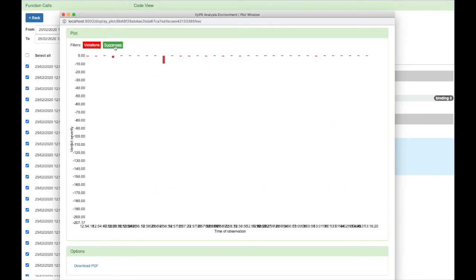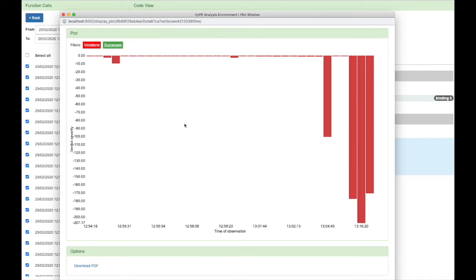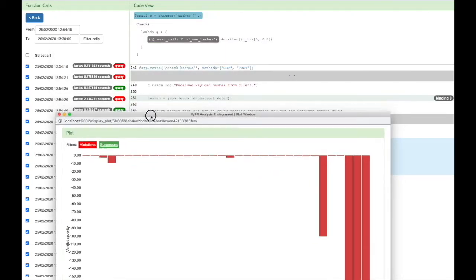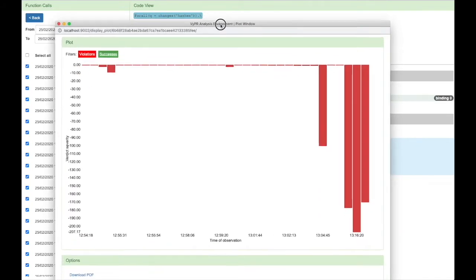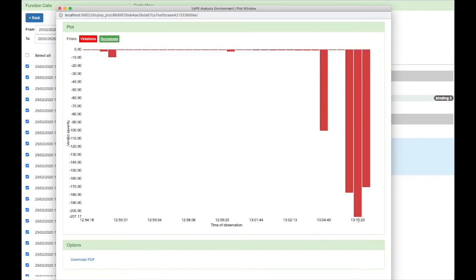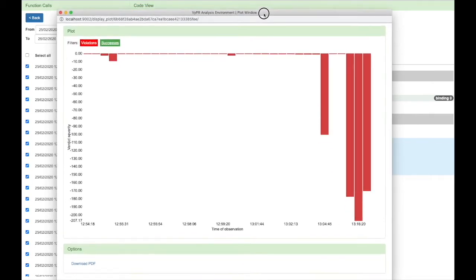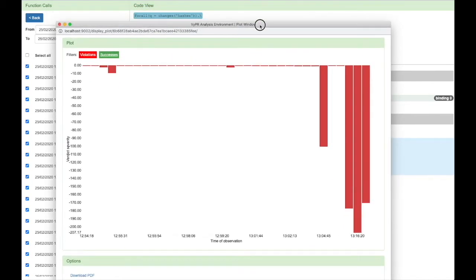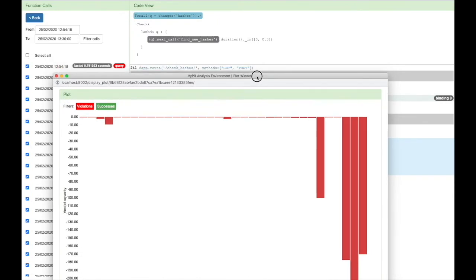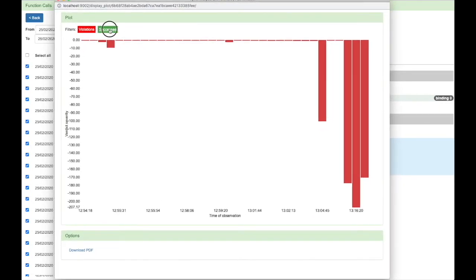So if I filter out all the successes and I just want violations, then I see that there's one here that has a severity of -10, and this just means that it was outside the interval defined by the specification by 10 seconds. And it's the same here. If I have -207, then this was quite a bad violation. It means that the measurement was outside the interval by 207 seconds. So you can see that's quite a major failure. So now if I turn successes back on,